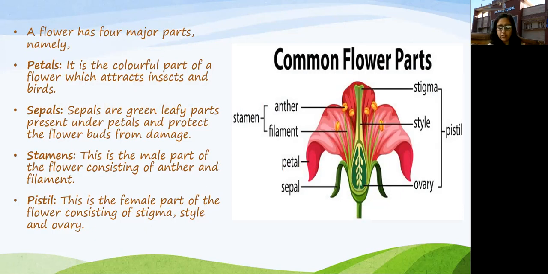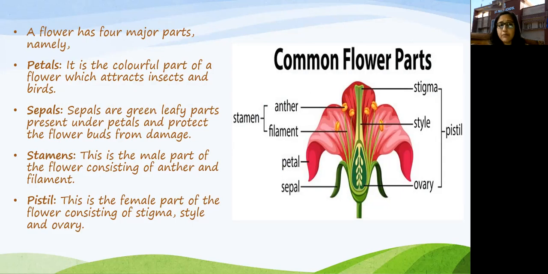है ना, they are so attractive that different insects, different birds, they are attracted towards the flower. अब उससे क्या होता है? उससे ये होता है कि उससे reproduction वाला जो process है, it is carried out. That is why this is a very important function of the petals. ठीक है?